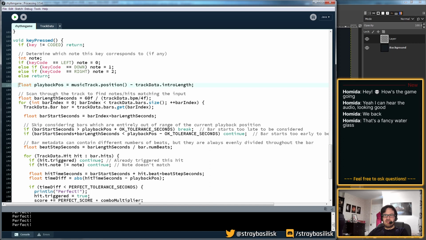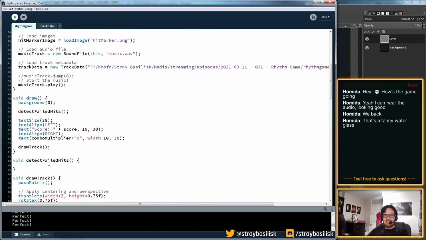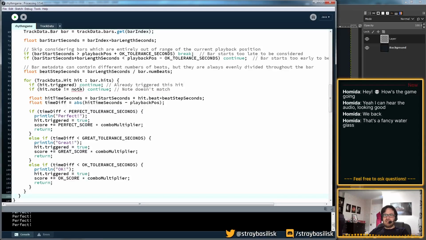So the playback position. Okay, I'm going to copy paste this and then we'll edit out the stuff we actually care about. So to detect failed hits, basically I want to loop through every note in the song that hasn't already been triggered. When I hit it, it gets marked with a little Boolean flag as triggered. So if something gets too far below the line and hasn't yet been triggered, then we can count it as a failure and then flag it as triggered, so we don't consider it again. So let's say,